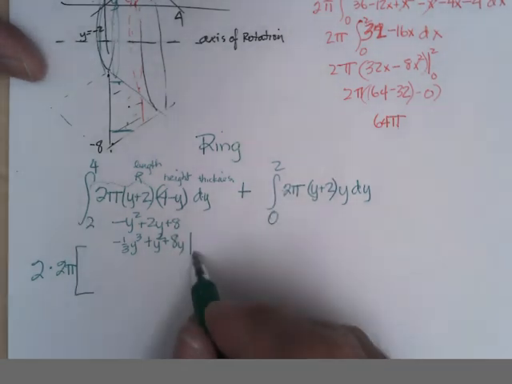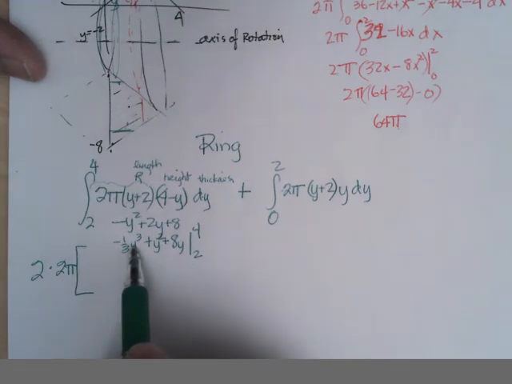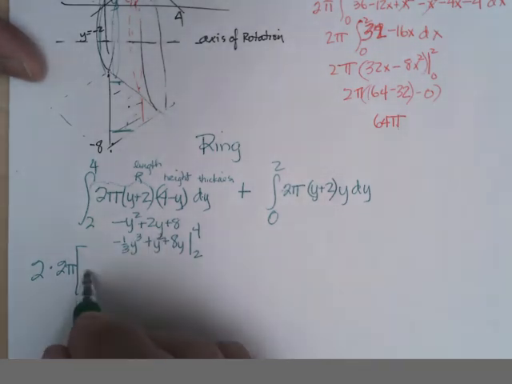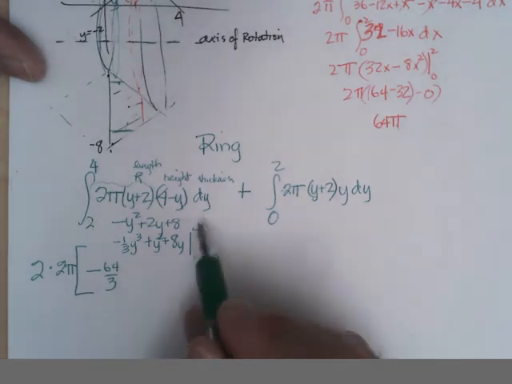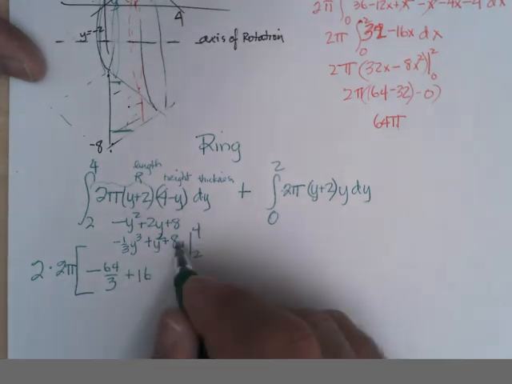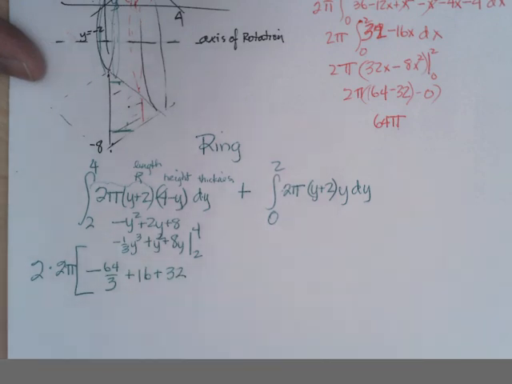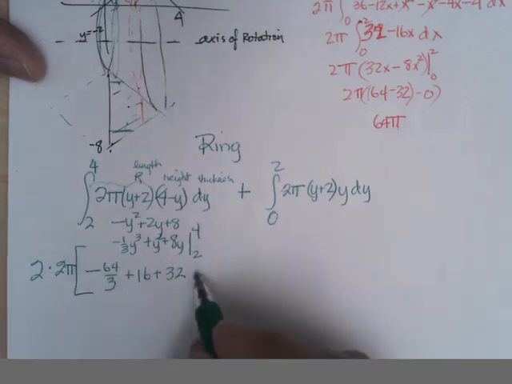Evaluated from 2 to 4, and so I'm going to get 64 thirds plus 16 plus 32 minus,